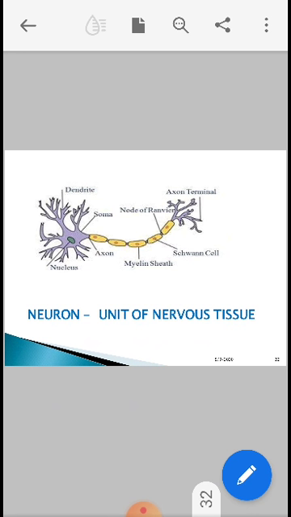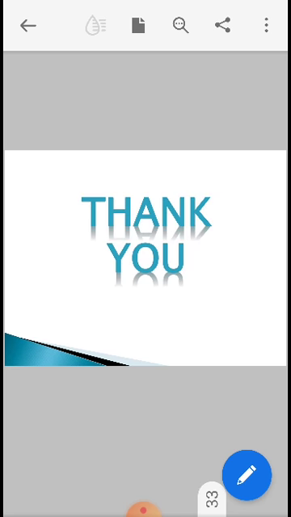Now you might come across certain words when you read the lesson. I have tried to include everything in the lesson and in the PPT, but still when you read the lesson and you come across some word which you don't understand, please feel free to ask me. And even if you have any doubt, please feel free to ask me anytime. Hope you have understood the concepts well. I have covered the animal tissue today.